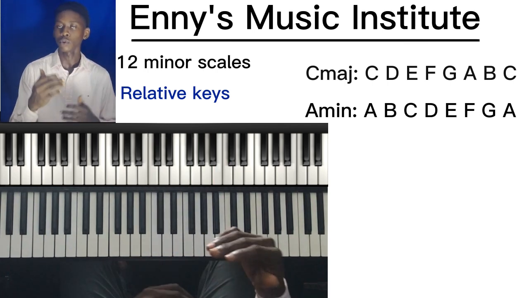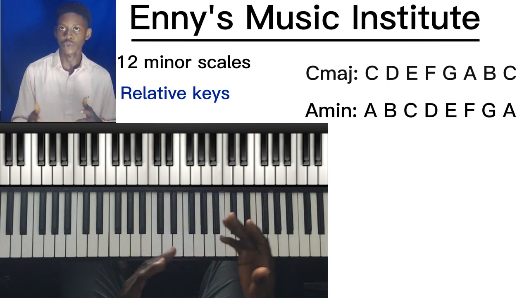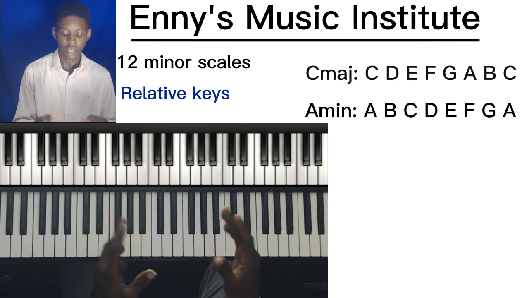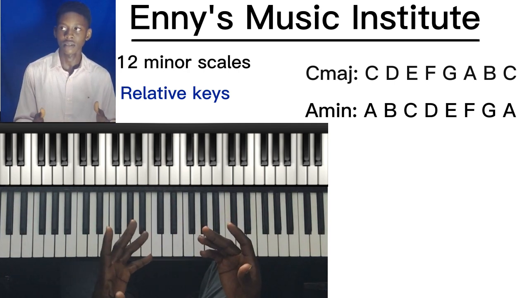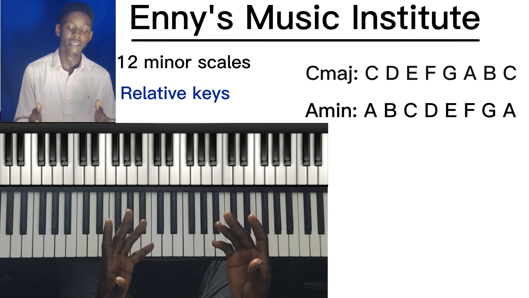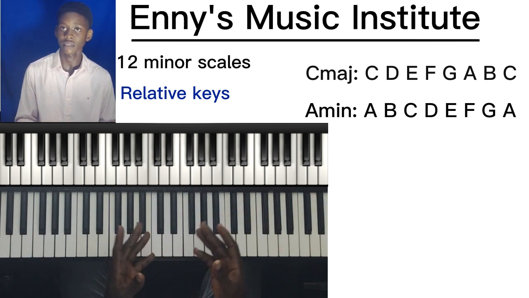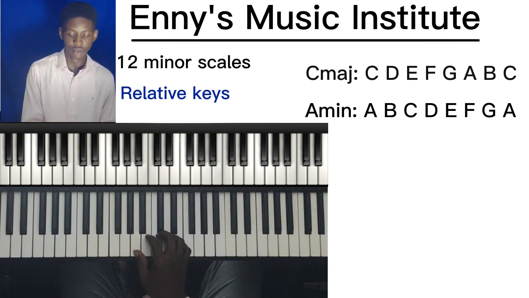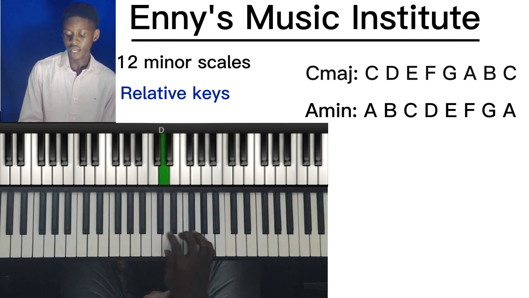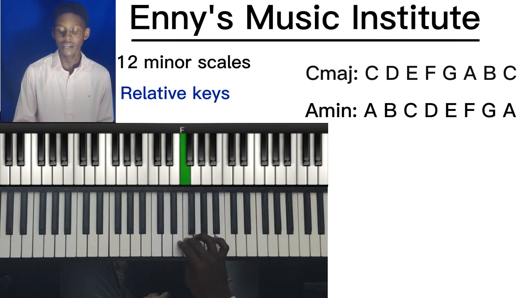So I want you to compare both scales and just look at it. You would see that they literally have the same notes. In fact, you can think of the A minor scale like the C major scale starting from the 6th degree. So let's say you just play la ti do re mi fa sol la sol fa mi re do